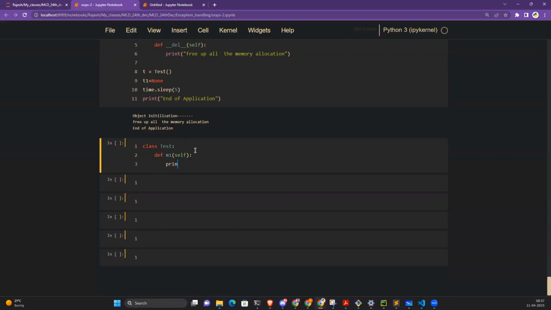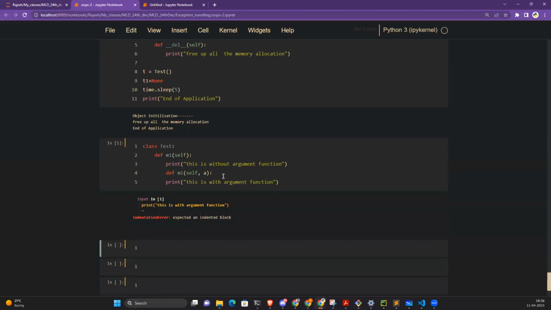Here I'm just passing print. This is a without-argument function. Similarly, I'll copy the same function name, but the signature will be different. This time I will pass one argument called a, and this is the with-argument function. Okay, my bad, indentation problem. Now if I execute,